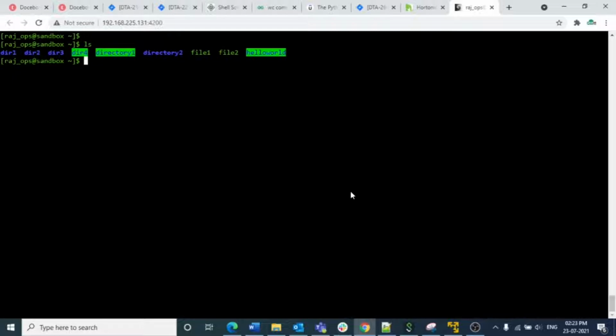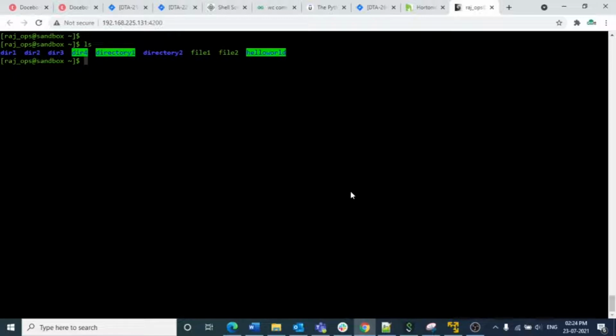Basically, what the cut command does is, suppose you have a file with multiple columns like roll number, age, percentage, name, whatever it may be. If you want to pick up only a few columns, store only those columns in another file, or do computations only on those columns, then you pick up only those particular columns. You will use the cut command for that. How we are going to use it, I will explain in a moment.